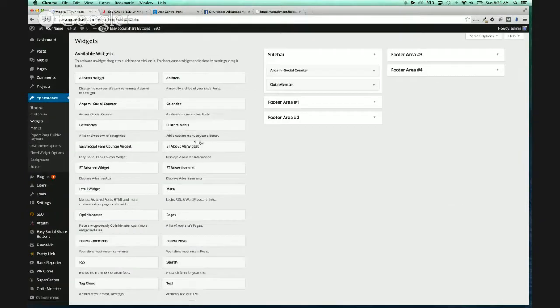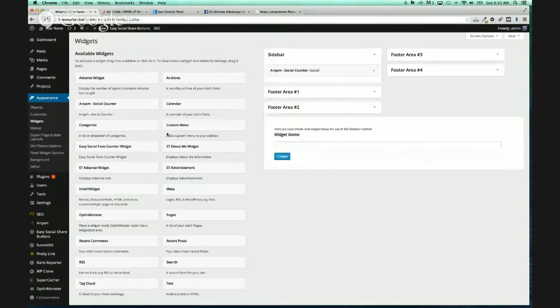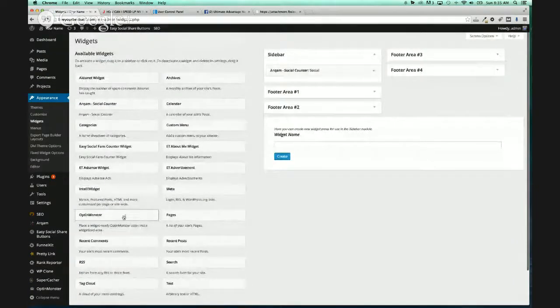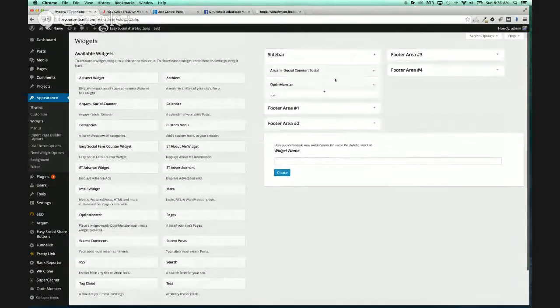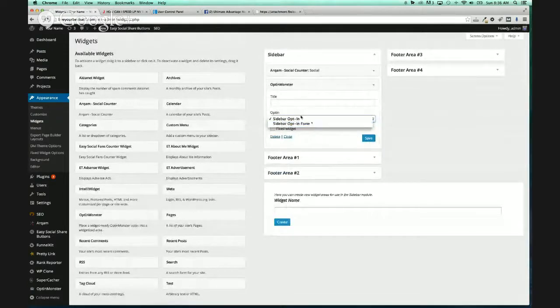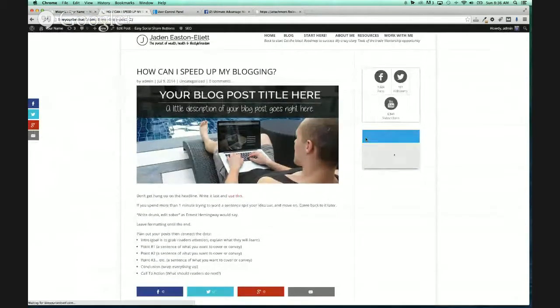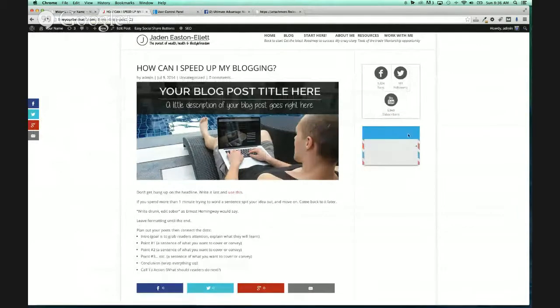all I have to do is add the Opt-in Monster widget to the sidebar, so you can find it in the widgets over here. Opt-in Monster. Go ahead and drag it down. I select which opt-in form I want, and I click Save. And you guys are going to see that's going to appear on the sidebar. All right, so I didn't take the time to customize it or add my text, but you can see there